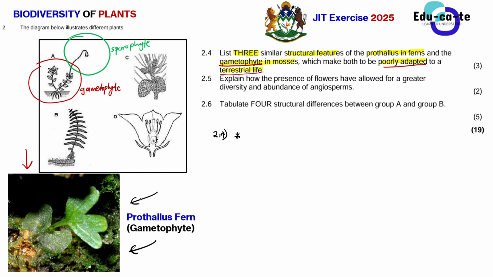So it's more like a thallus fern. That's why they call it a prothallus. The prothallus simply means that it is a fern that has not developed yet. It is still young. It doesn't have true roots or true stems yet. But when it grows to be a big fern, a pteridophyte, it now has roots and so on. All right. So here we can say that both of them have a thallus body plan. So both of them are thallus. They don't have true roots, true stems, and true leaves.